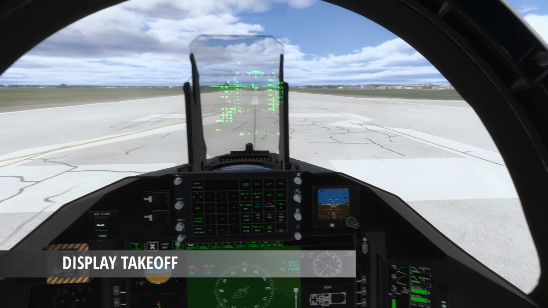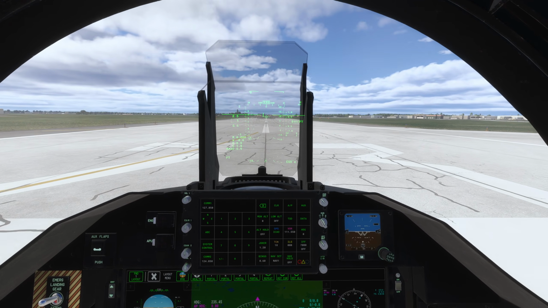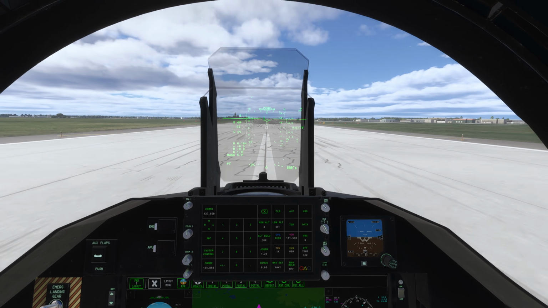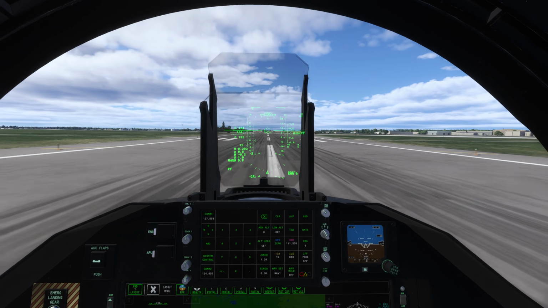Ready for takeoff on runway 23. Afterburner's lit, speed is reading, looking for 125 knots, rotate for 7.5 degrees nose up, and we'll get airborne about 145, 150 knots. So here we go, gently on the back stick,